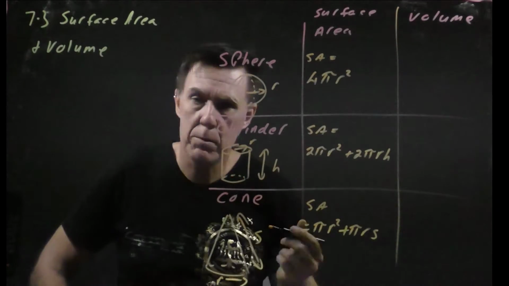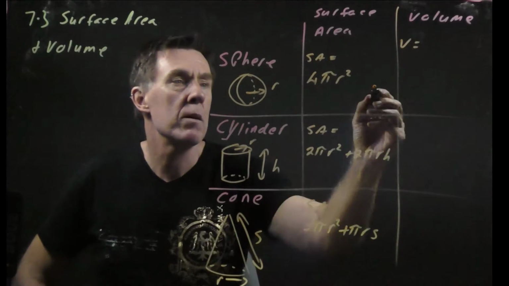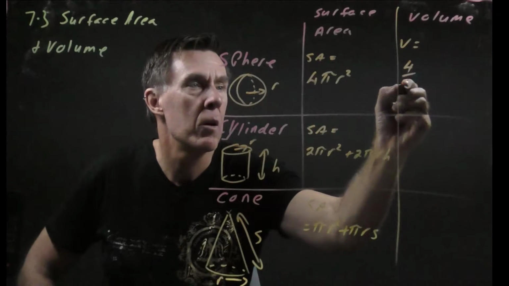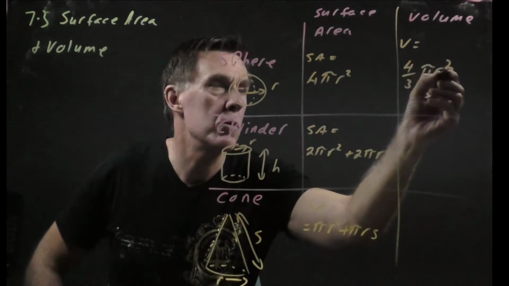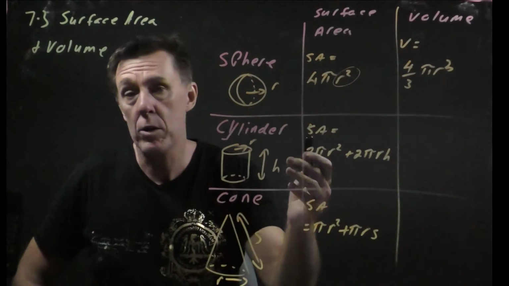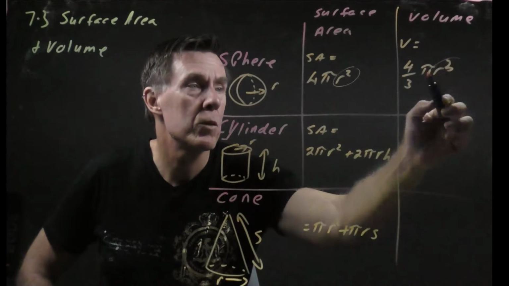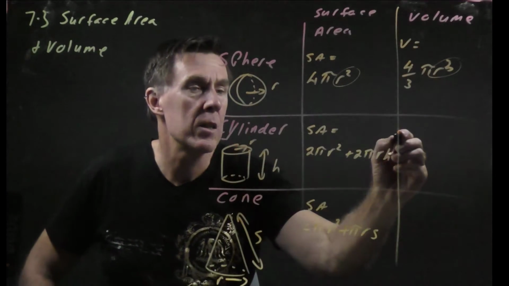Your volume formulas, so volume of a sphere is just going to be 4/3 pi r cubed. Surface area, squared units for area, volume, cubed units, so 4/3 pi r cubed for volume. Cylinder, now,